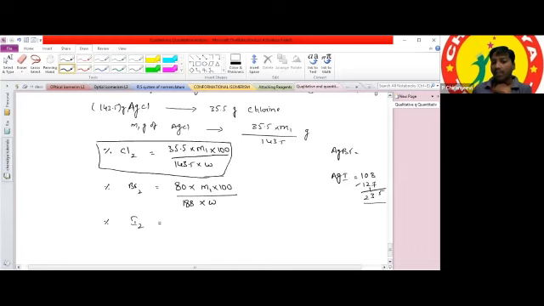Then how much mass of the silver iodide is formed? Here M1 grams of the silver iodide is formed. How much mass of the silver iodide is formed here? M1 grams. That means the formula to calculate the percentage of iodine is 127 into M1 into 100 divided by